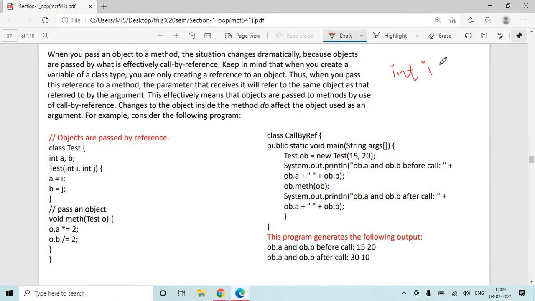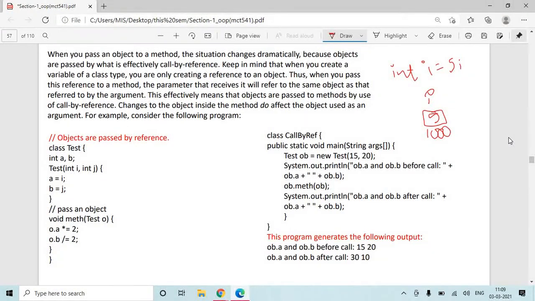Let's say you create int I is equal to 5. When you write this line, what are you actually doing? You are creating a variable I in some memory location. The value you have assigned is 5. Let's say the memory location address is 1000. There you have created one variable I. So this I is the official name, means Sachin. This I is Sachin.